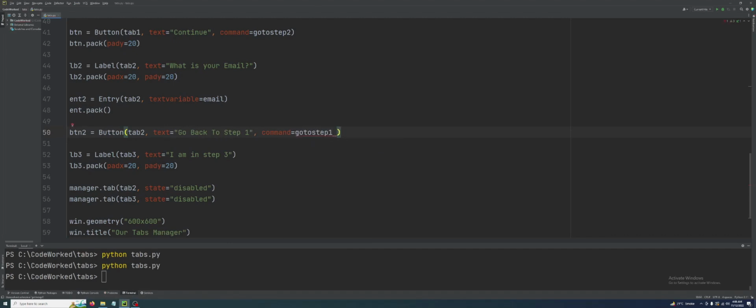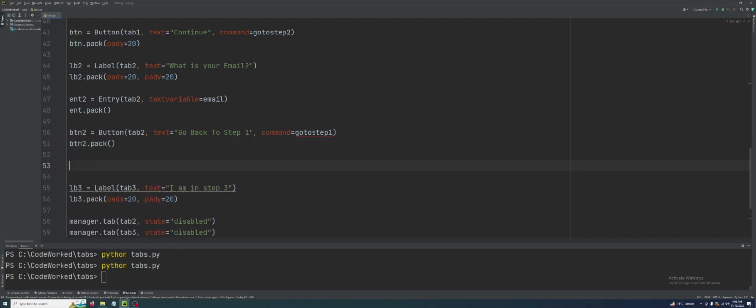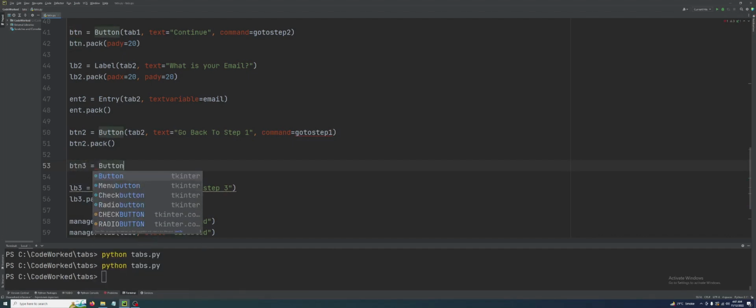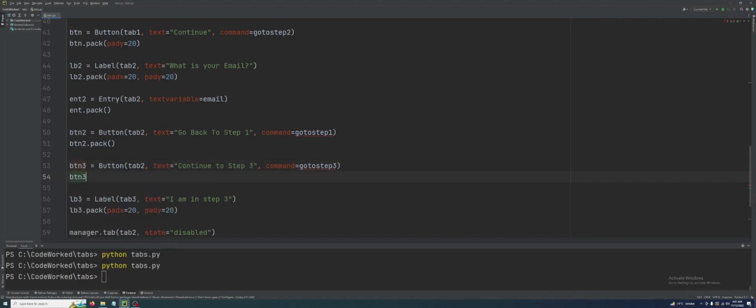I will create this function later in this video. btn2.pack, and another button we need, btn3 button, tab 3, sorry, tab 2, text continue to step 3, and here command go to step 3. I will create this function as well. btn3.pack